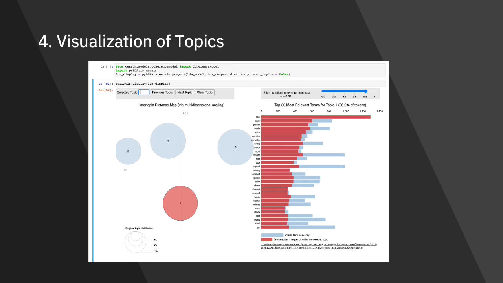On the right-hand side, for topic 1, which is selected for now, we can see the top 30 most relevant terms for the topic, and we can also adjust the hyperparameter lambda to see the results. This is one of the good libraries to get a better visualization of the data which you have trained upon.